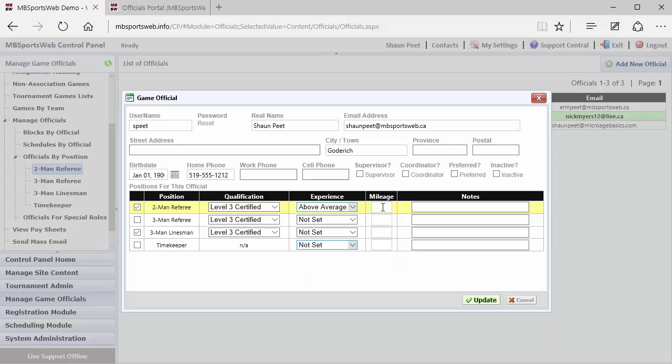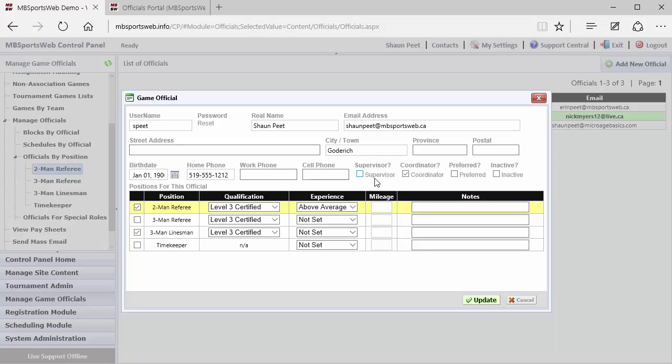The last thing we'll point out here is that there's 4 check boxes when setting up a new official. So if you need to create somebody who's not actually a referee at all, but in fact is just a supervisor, then you can certainly set that up and just check off the supervisor role. They can be both, so if they're the referee and a supervisor, they can have everything checked off. The coordinator role as well, if you want to have your emergency contact set up as a coordinator. Again, these can be exclusive of each other, so they can be just the coordinator, nothing else,